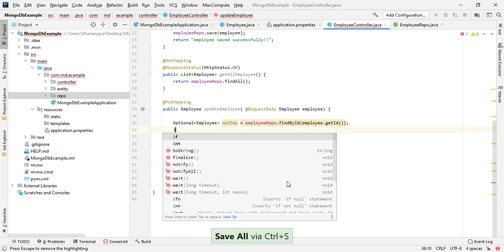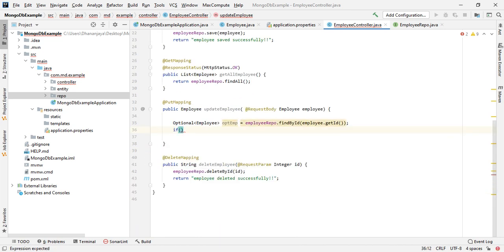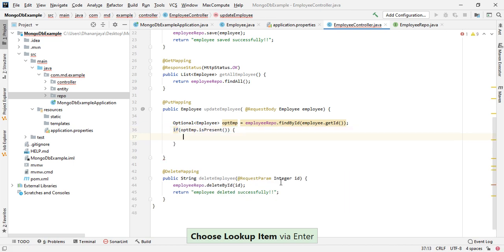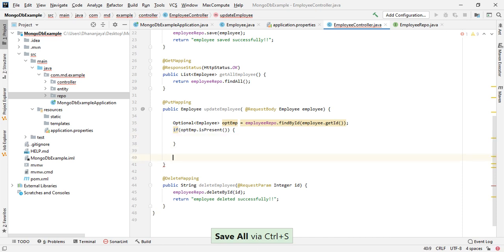If optEmployee is present, then only we'll do the update operation, or else we will throw a RuntimeException as employee id does not exist.